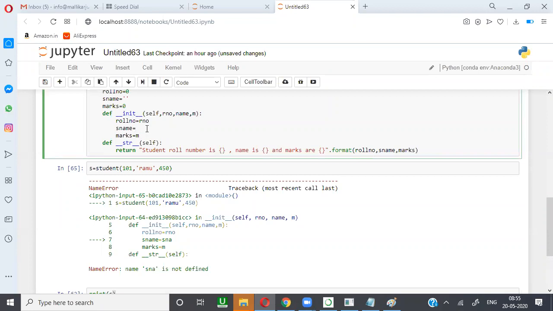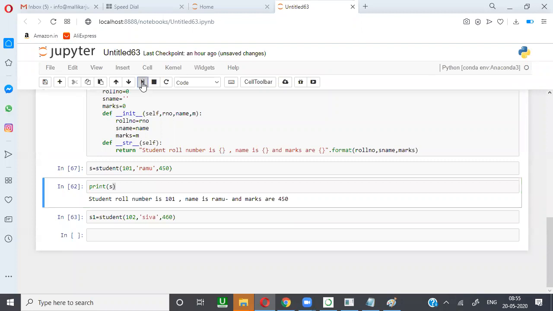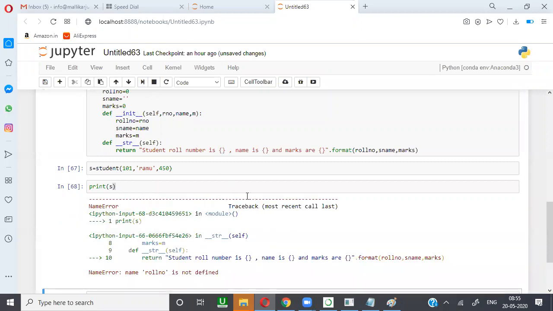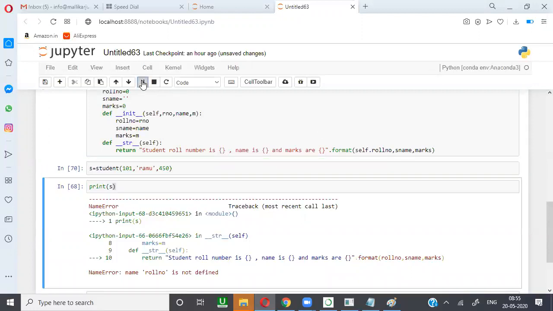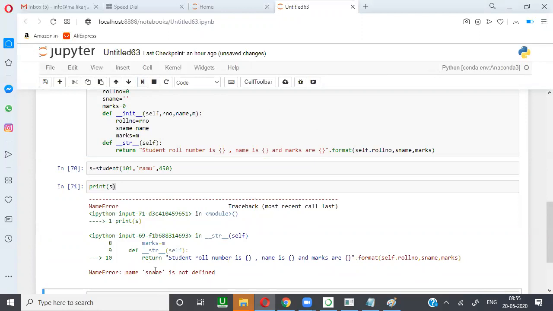Sorry, name. ROLNO. So here it is getting a problem. So we'll go with self. I will check it. S name is not defined. S name is there, but it's saying that not defined. I will go with self.